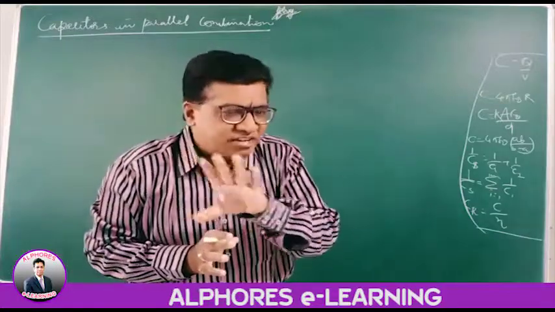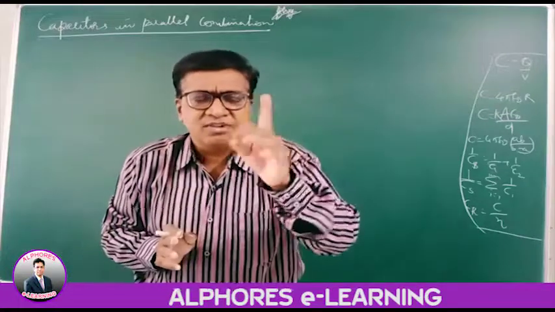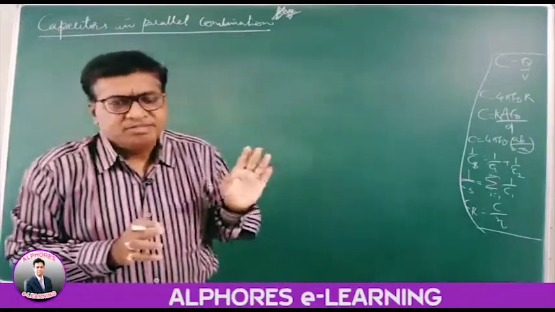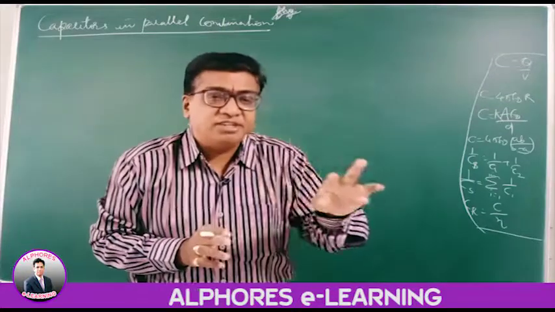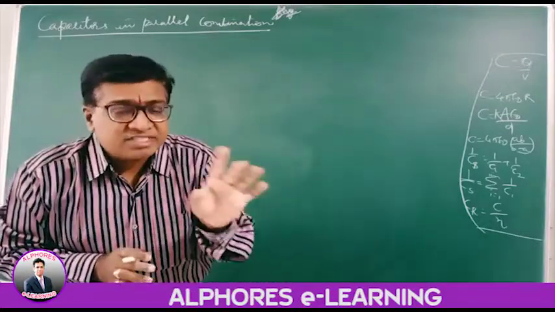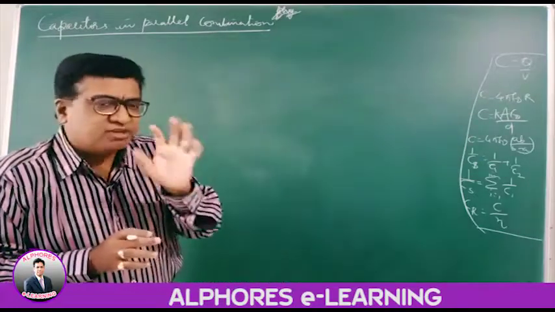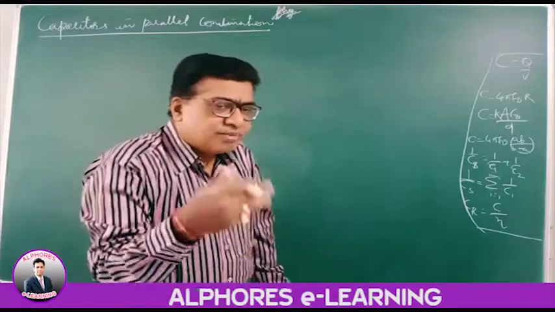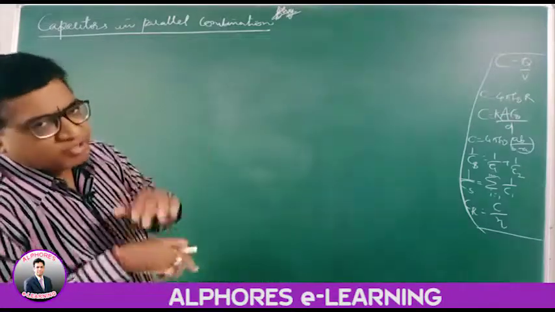The general points in a series combination: always the charge remains constant in every element. Current is constant in every element. Potentials are different, V1, V2, V3 like this. The net potential is the algebraic sum of all the individual potentials. So that way you have to find the resultant. Applying that, you can find the resultant value of the element whatever you have connected.